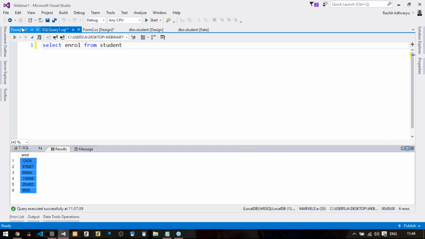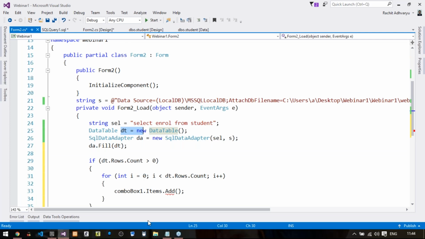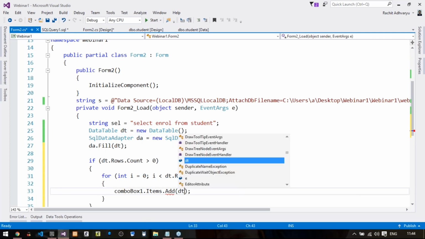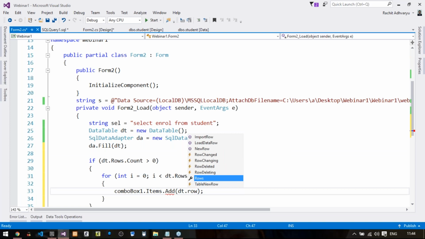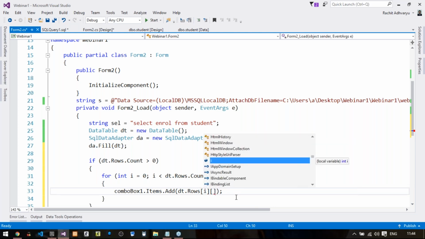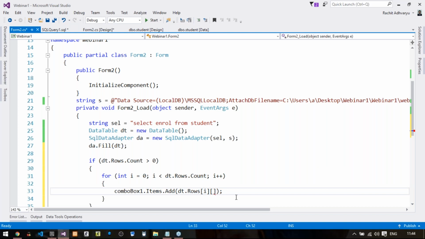So we will write dt.Rows and two square brackets. The first square bracket will require the index of your row. Our row index is i, so we'll put i, and second we'll have the column index. Our column index is always by default 0 because we're containing only one particular column.